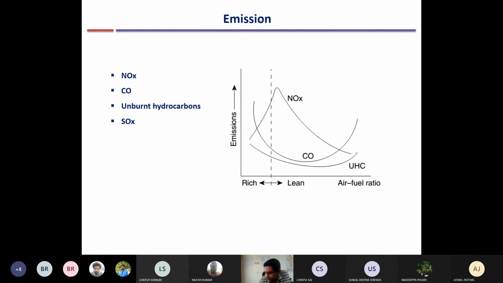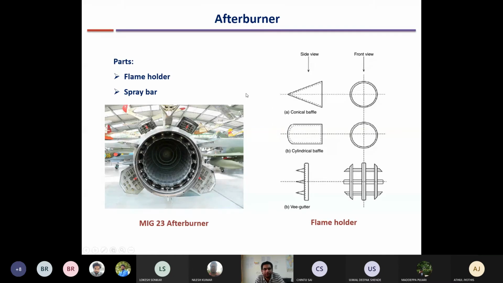Ujjwal? Yes. Okay. So carbon monoxide and unburned hydrocarbons are not a big problem for gas turbines. Typically they are very small in amount. For automobiles, we know that they have to be stopped using something called diesel particulate filters, which stop this, or oxidizers which oxidize the carbon monoxide, DOCs, but here it is not required. Only the NOx emission is important.